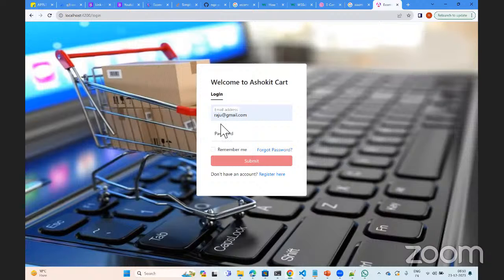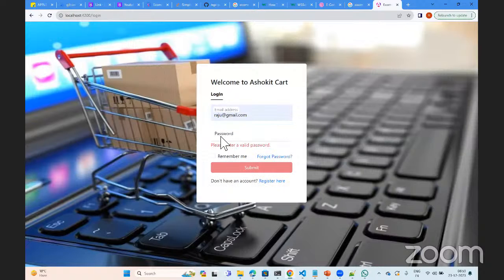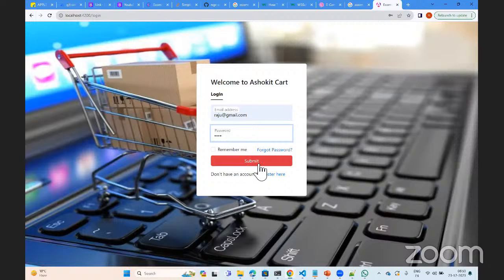Otherwise it will throw a message like please enter a valid email and password. See here, I have not entered any password, so the submit button is still disabled, and if I enter it, then it is enabled. So we can build any type of application if you know the terminology of Angular.